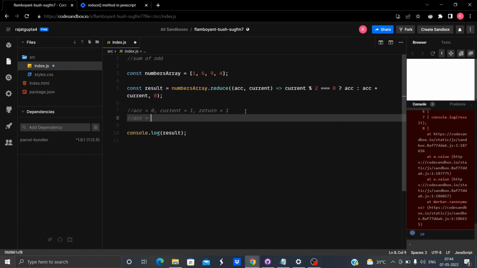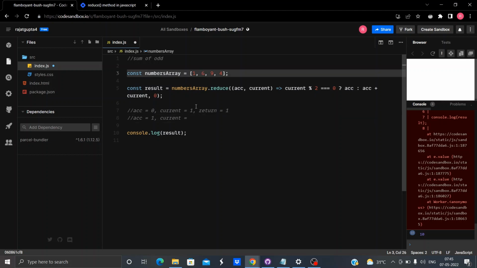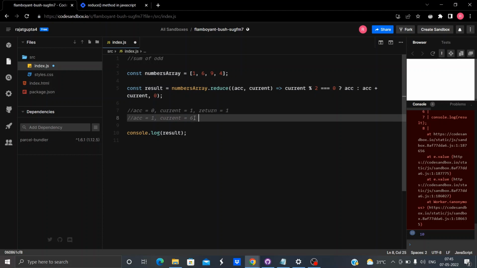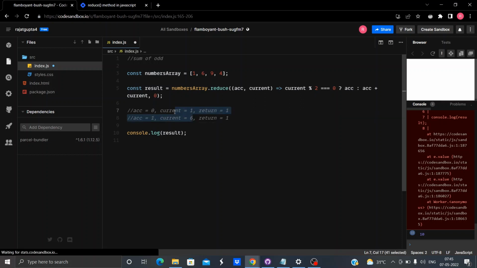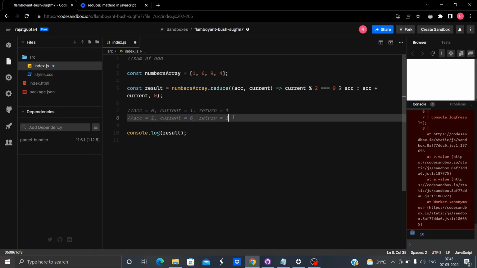For this iteration, accumulator is whatever was returned by the previous iteration, that is 1, and current will be whatever number is after 1, that is 6. Now what will be returned? Current is 6, and since 6 mod 2 equals 0, accumulator itself is returned, there is no addition. So accumulator is 1, so accumulator will be returned. So you saw, when we are dealing with an even number, there is no addition, we are returning accumulator as it is.